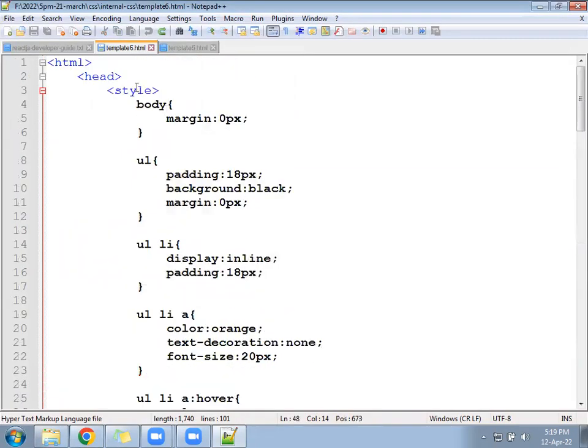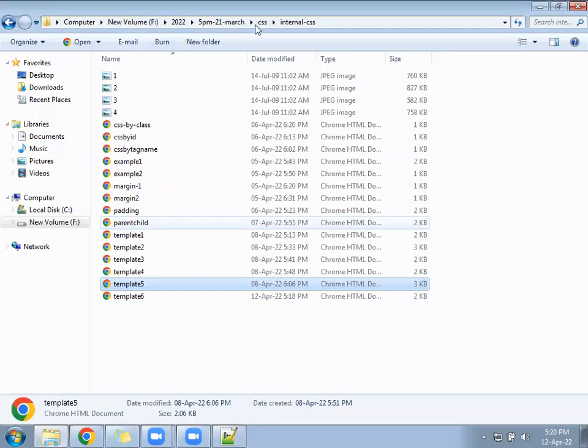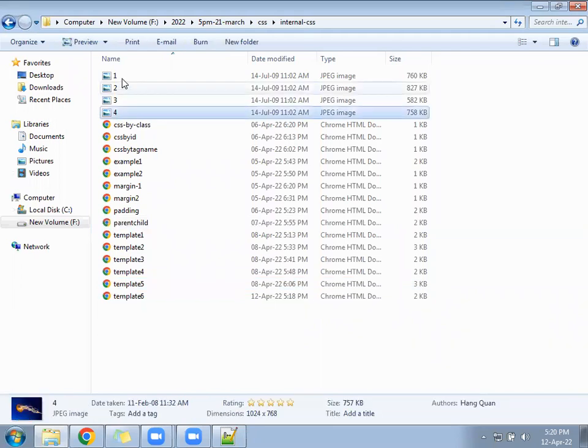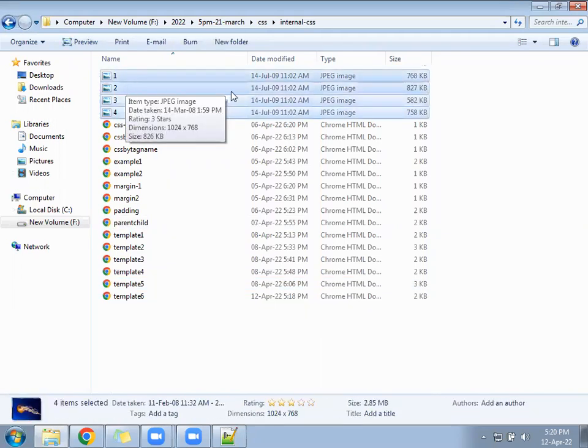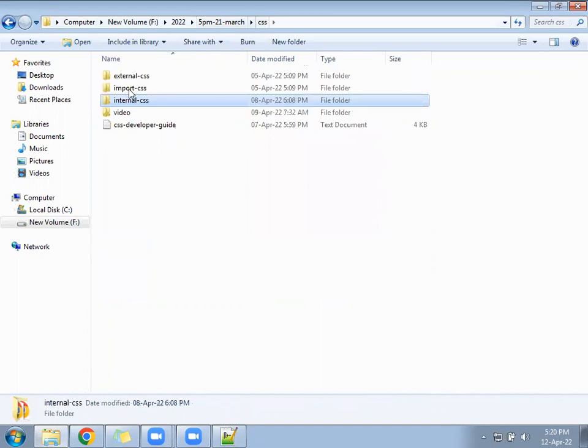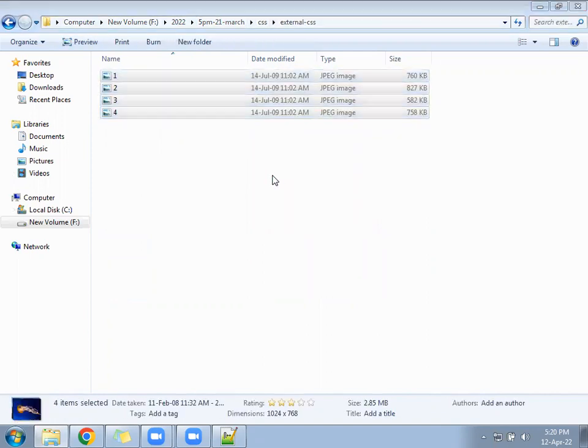Let's come. So today we will be creating files under the external CSS folder. These 3-4 photos we have, you can copy these photos and keep them under the external CSS folder and then work on that.